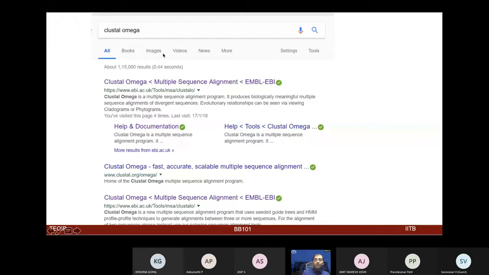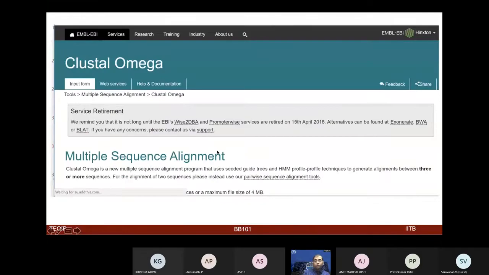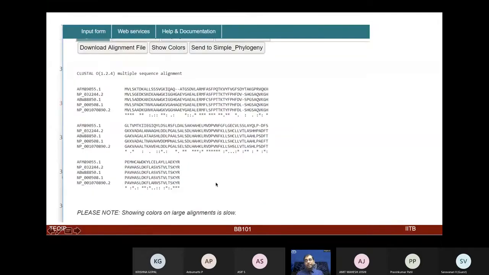Now you go to a new tool, Clustal Omega, and here you can try to do multiple sequence alignment. As you can see here, this tool provides you that ability. So all these sequences, you are now trying to see whether they are similar or different, and how much similarity they have. Each of these dots and points denotes whether they are the same, or different, or there's some replacement.